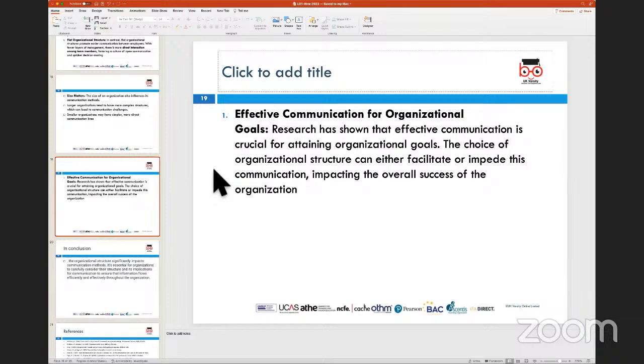Now, when we look at an example of an organization, let's take up a business. And in that organization, if you have lots of different types of people working within different departments, if I look at customer service as one department, you would generally see that the number of channels through which the information has to pass is normally less, because the focus of the organization is to provide a solution to the customer in the shortest possible time, rather than have a lot of channels or hierarchies or levels to go through. That is where the customer might become impatient and might complain that my problem is not being resolved.